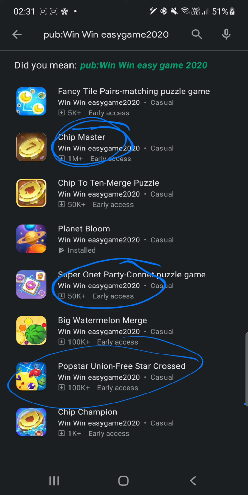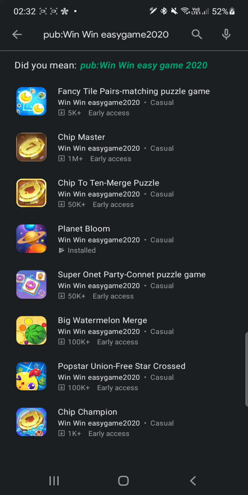That's just a situation with Win-Win Easy Game. They funny enough know the game themselves. They do it for the revenue. They do it to make money whenever people watch their advertisements, and they're just basically mugging people off. The fact that they are doing that